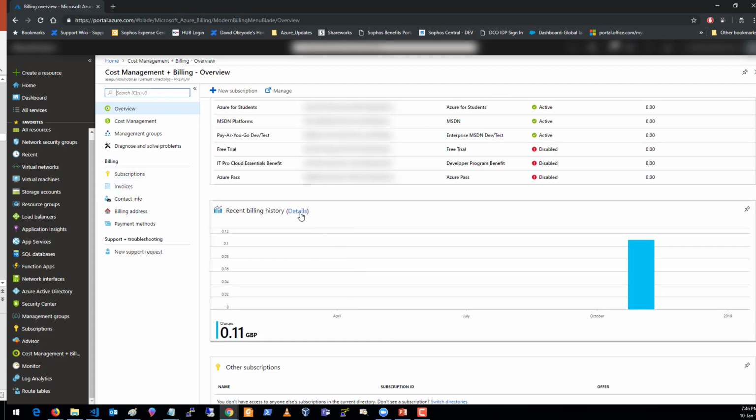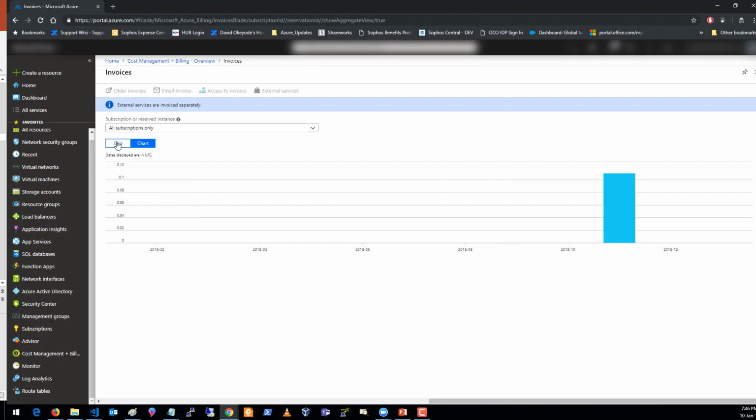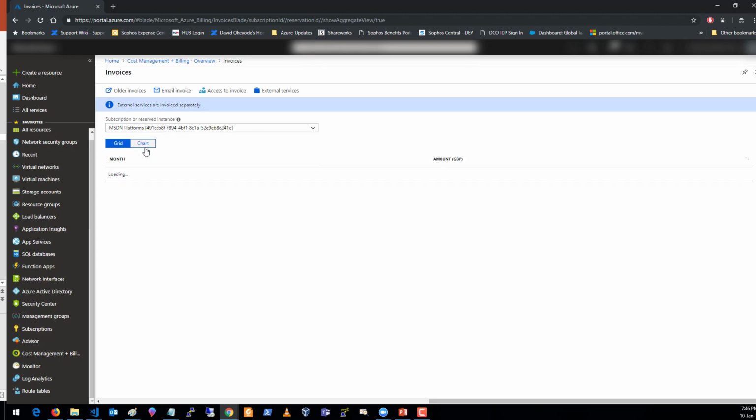If you want to, you can click on details, where it's going to allow you to select to see that by chart, or you can select by grid. You can also filter and say show me just for this subscription, and it's going to show you what that subscription looks like. The other thing I should mention is that this is only showing you the cost for Microsoft